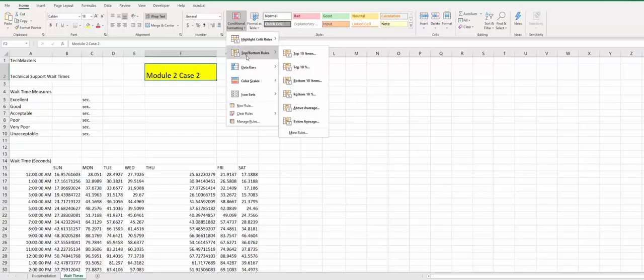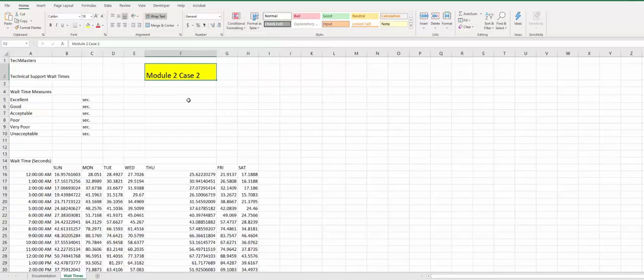And moreover, you can have certain conditions with the top number of values or bottom, even working with a number of percent, or bottom 10, which is the same kind of thing, or you can work with above average or below average to highlight those areas. Okay, but anyway,